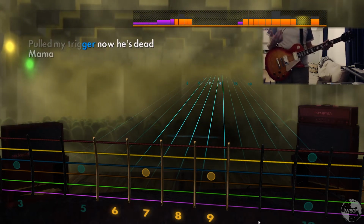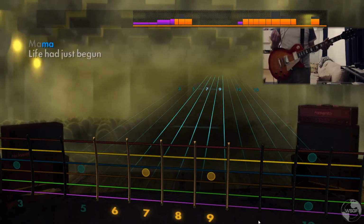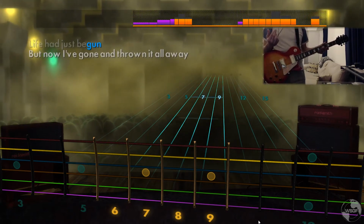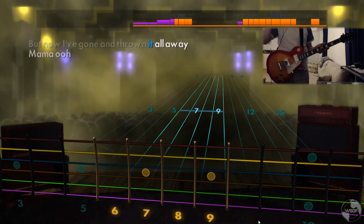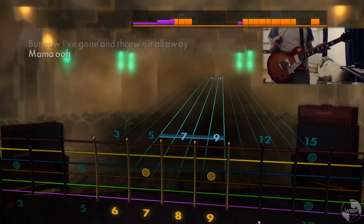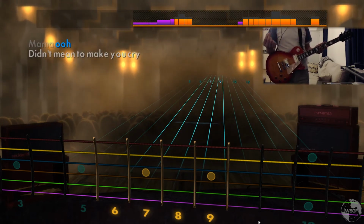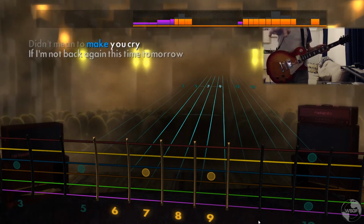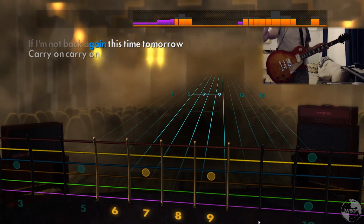Now, previously I mentioned that one of the major things that they've improved was the riff repeater. In the original game, if you wanted to learn a riff and play it over and over again just to try and get used to it, you would have to exit back to the menu, select the song, select riff repeater, and then select the particular phrases that you wanted to play, and you could only pick specific sections. So if you have a look at the top there, you can see that I've got...